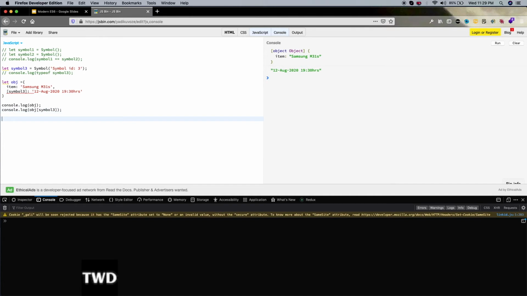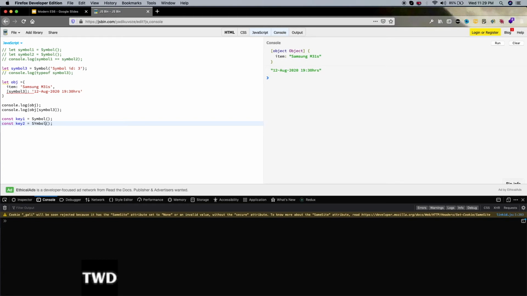Let us move forward. Another use case is where only unique keys are allowed. Suppose there is some object where only unique keys are allowed. How do we confirm that it will only contain unique keys and not anything else? We can again do it with symbols: const key1 = Symbol(), const key2 = Symbol().